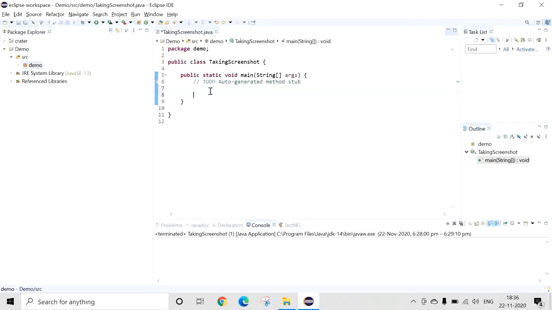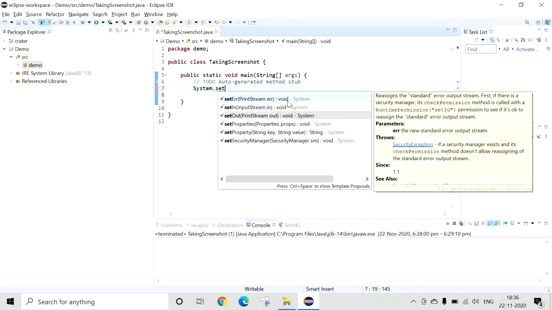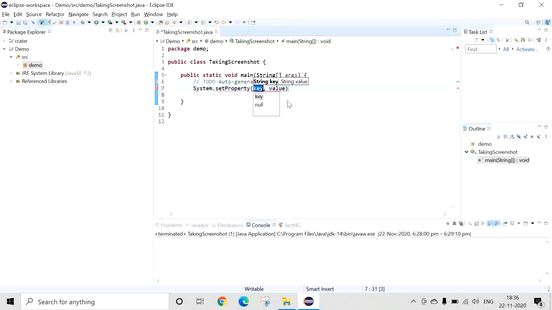Okay, so the first step is, as we know, we need to set the property, System.setProperty, where we have our Chrome driver. Which browser are we going to use? I am going to use the Chrome browser.